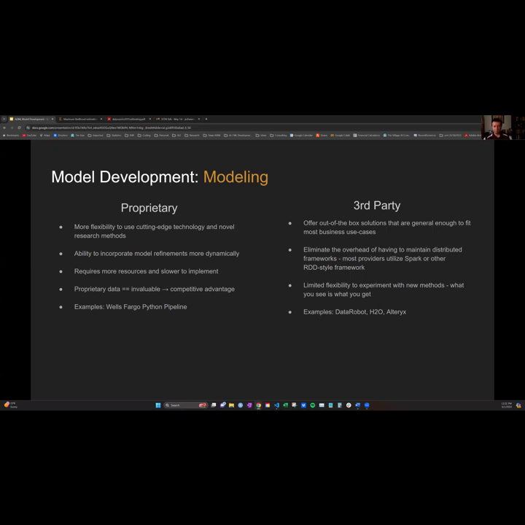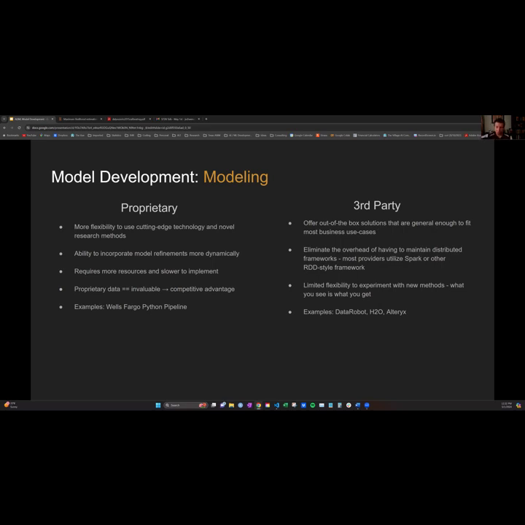And then in terms of the third party modeling vendors, they have out of the box solutions where you just upload the data into the modeling framework, and then they run all the models. They do all of the model development, which I'll get to on the next slide. All of that's done within the vendor itself. The really big advantage of using them is you don't have to worry about distributed frameworks.